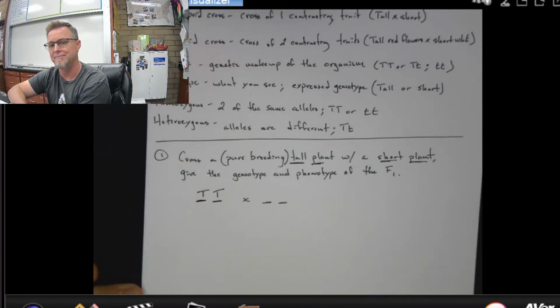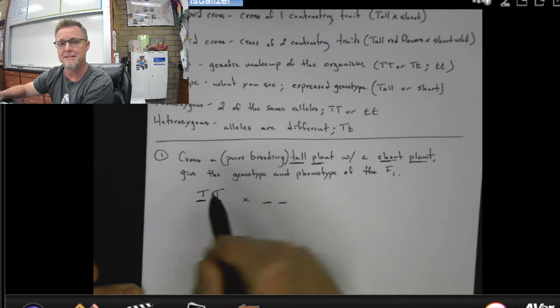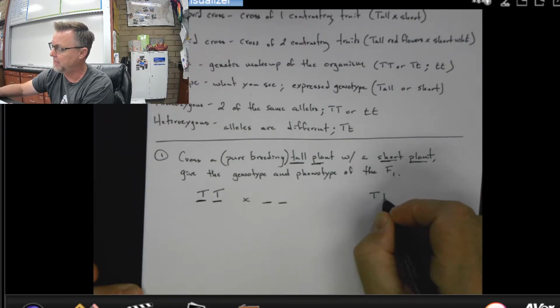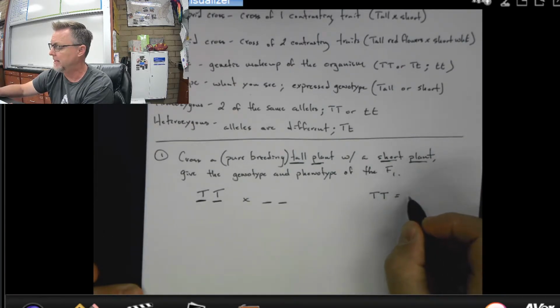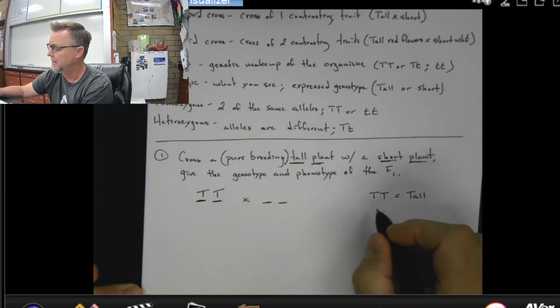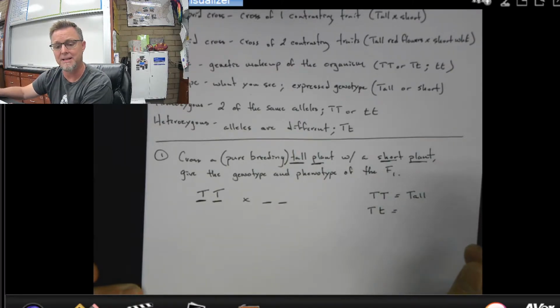Now, what about the short plant? What's the deal with that? Is it homozygous? Is it heterozygous? I don't know. Well, actually, you do know. If tall is dominant to short, the only way you could ever get a short plant is to have 2 lowercase t's as your genotype. Anytime you have an uppercase T, the offspring is going to be tall. Here's what I mean. So if I have big T, well, that offspring is tall because tall is dominant. If I have big T, little t, that offspring is still tall